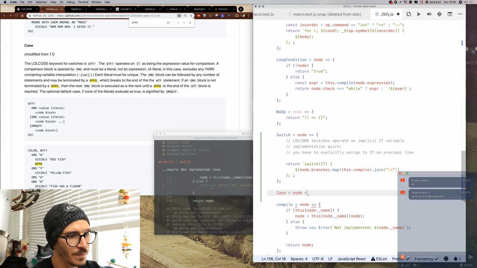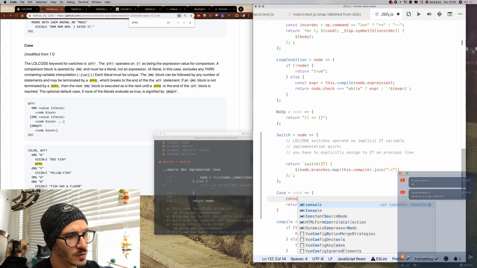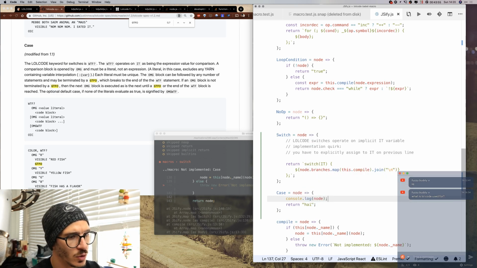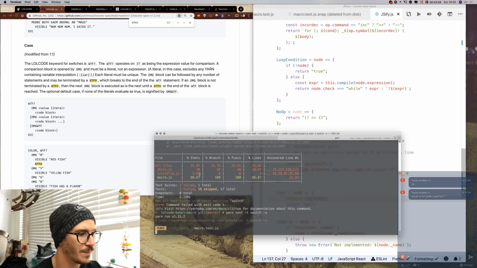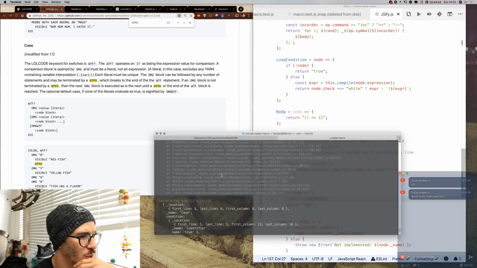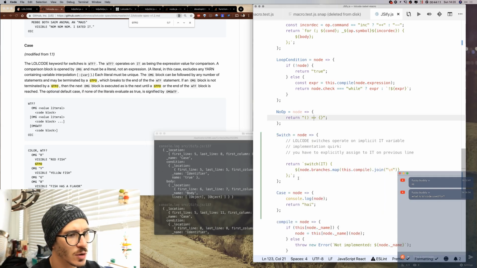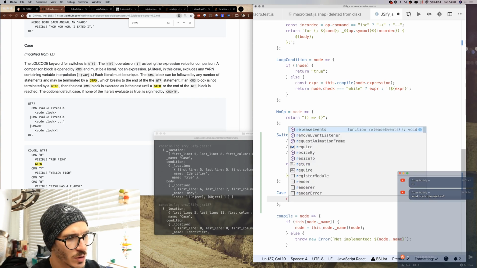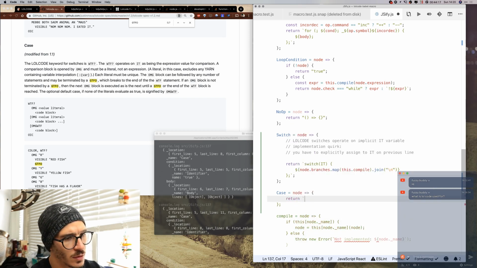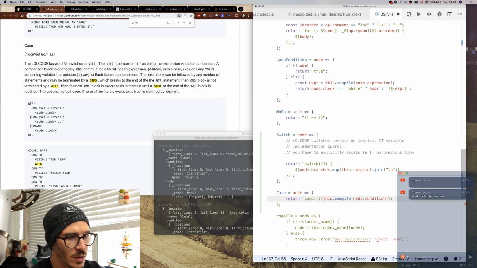Case node blah, return hi, and console log the node. And let's see, what does that say? What does each case node look like? Cool. So we have the condition, which uses an identifier, and the body, which does a bunch of things. Which means we are returning case of this.compile node.condition. Then